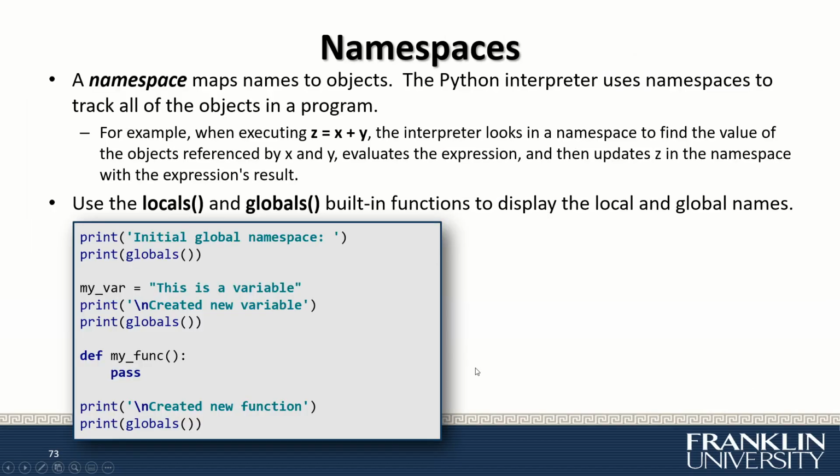A namespace maps names to objects, names as in variable names or function names. The Python interpreter uses namespaces to track all the objects in the program. You can use the locals and globals built-in functions to display all the local and global names. For example,